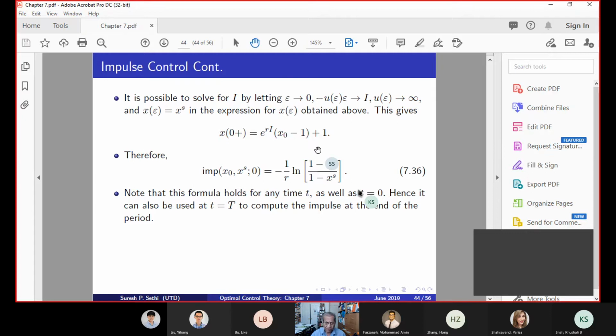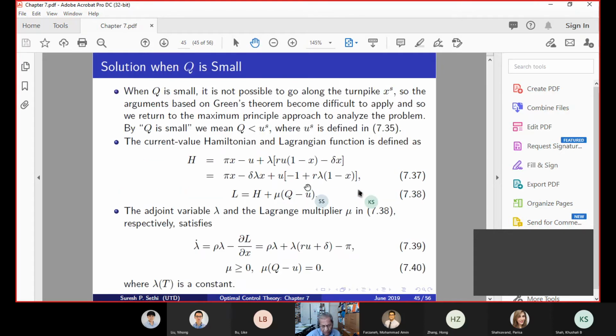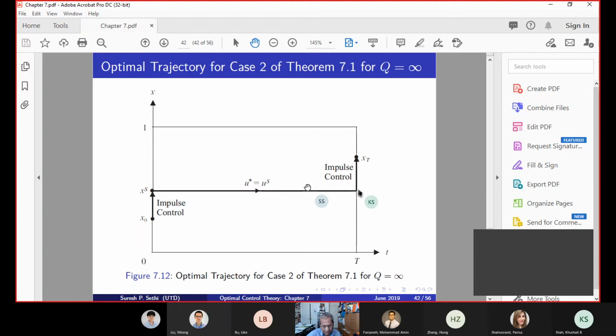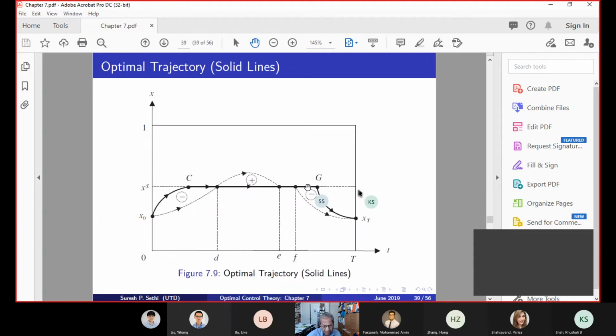We have one more thing to do, which is also important. This chapter is an interesting chapter with many things going on at the same time. Okay, before I go further, I just want to mention that